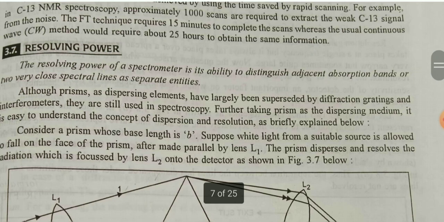Heading 3.7, Resolving Power. The resolving power of a spectrometer is its ability to distinguish adjacent absorption bands or very close spectral lines as separate entities. Although prisms as dispersing elements have largely been superseded by diffraction gratings and interferometers, they are still used in spectroscopy. Further, taking a prism as the dispersing medium, it is easy to understand the concept of dispersion and resolution as briefly